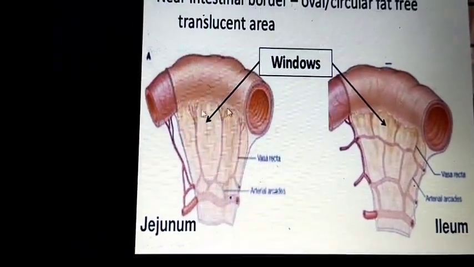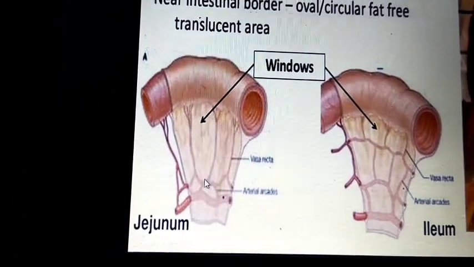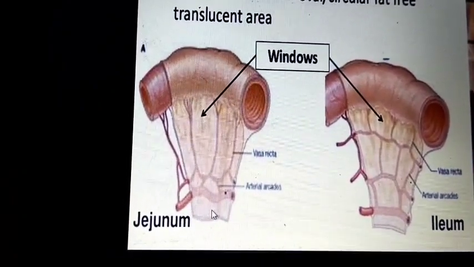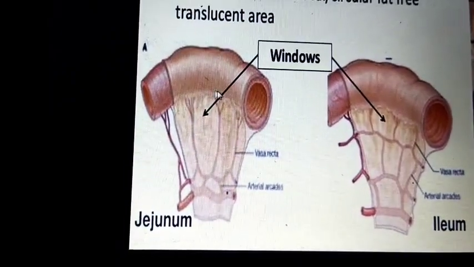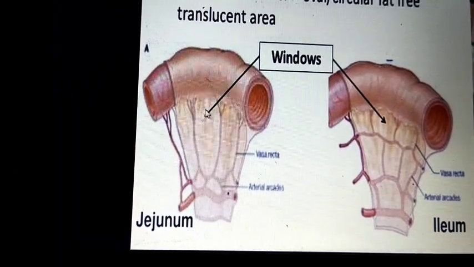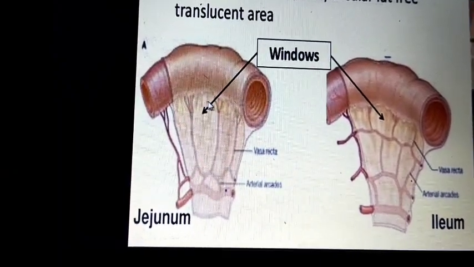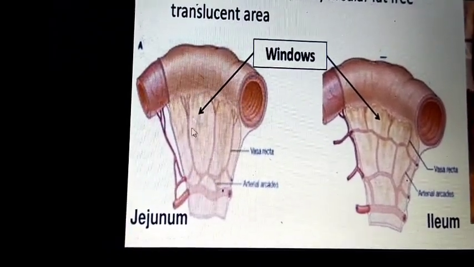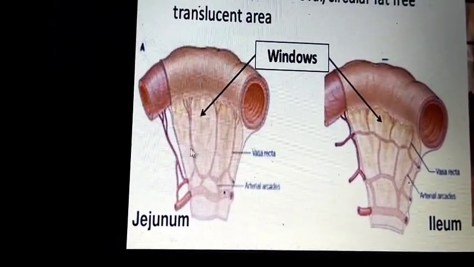This is the intestine. Towards the root, or the fixed part, the fat is very much, and towards the free part, at the level of the intestinal border, there is lack of fat: an oval or circular fat-free translucent area.